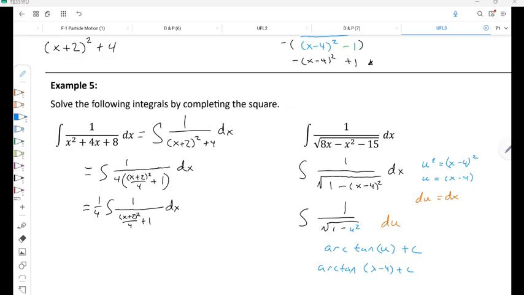But we're working with arctan, so I'm going to identify my u squared so I don't make any mistakes. U squared is the thing that I want to just be u squared: x plus 2, but squared, over 4. Take the square root of that, and I get u equals x plus 2 over 2. This time, if you wanted to do any algebra there, it would be correct to do. But with the squared there, you can't just divide things by 4. Once there's an exponent there, that kind of kills doing that. Which makes my du